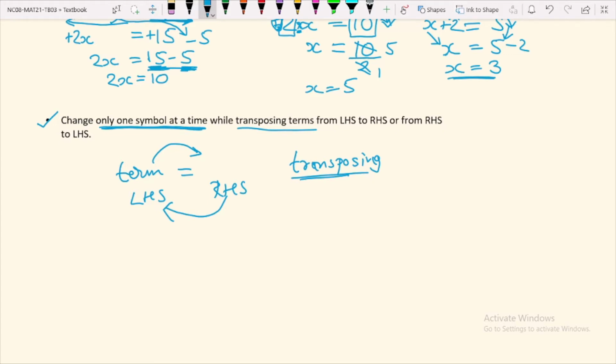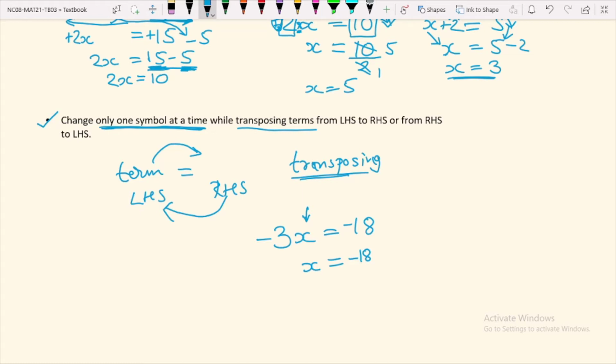So for example, if the equation given was minus 3x is equal to minus 18, we have to solve for x. We have to find the value of x. Then x is unknown term. It should be in LHS. So I will keep it as it is because it is already in LHS. Below equal to sign I will keep equal to sign. Minus 18 is a known term. So known term should be in RHS. It is already in RHS. I will not change it.